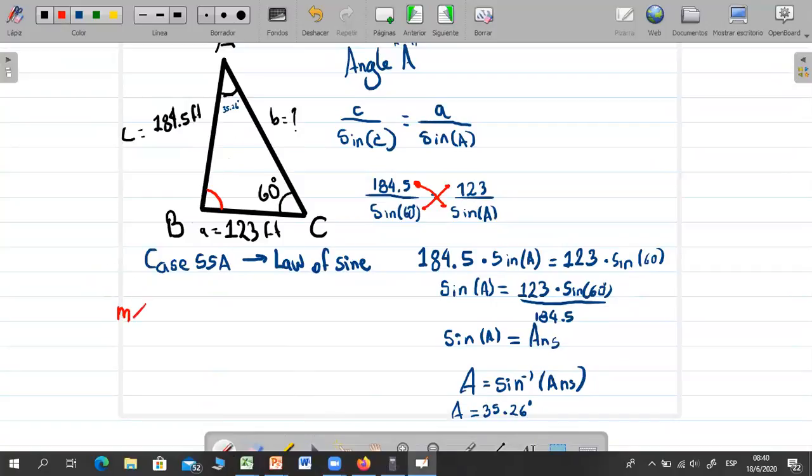So the measurement of the angle B, which is what we want, is going to be equal to 180 degrees minus 60 degrees minus 35.26, which gives us